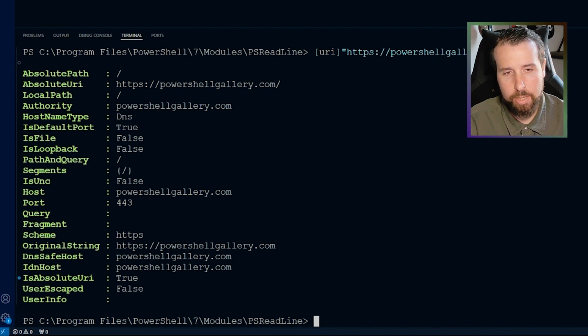So we created a URI object using this technique here called casting, which is brackets with our object type here before our string variable, which converts it to that URI object. And here it created a bunch of properties for this string to make it into that full-fledged URI object. And you can see it is usually going to grab all of the properties that it can and display them